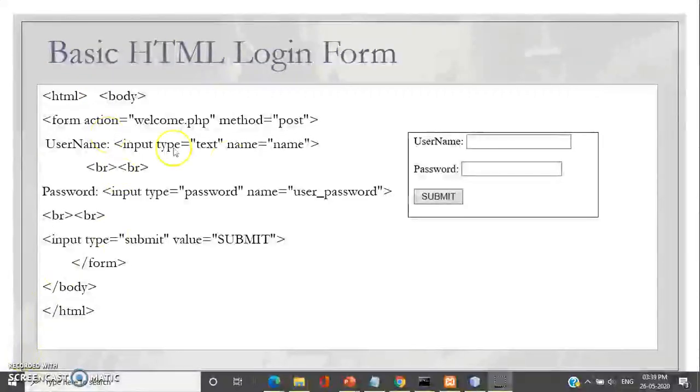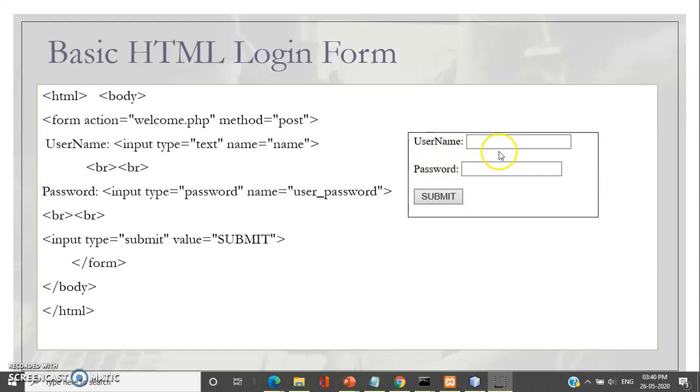To start with the form, if we have to design a form like the one being displayed here, we have to use this form tag, and then there is a parameter called action. When I say action, it means the page to which the user will be redirected when he or she clicks on the submit button. The next parameter is method, which is equal to post. There are two types of methods that you can use here. You can either say post or you can say get, but for security reasons we use the post method.